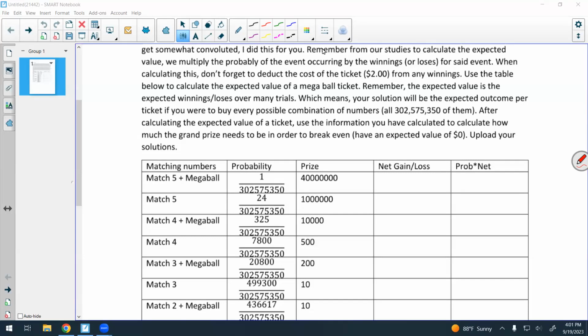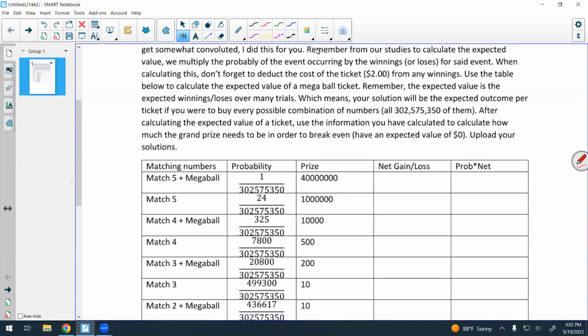So essentially what we have going on here, how many of you are familiar with the Mega Ball lottery game? I came up with this idea a couple years ago when it hit $1 billion for the first time. It's done, I think, 2 other times since then. So what we're going to look at